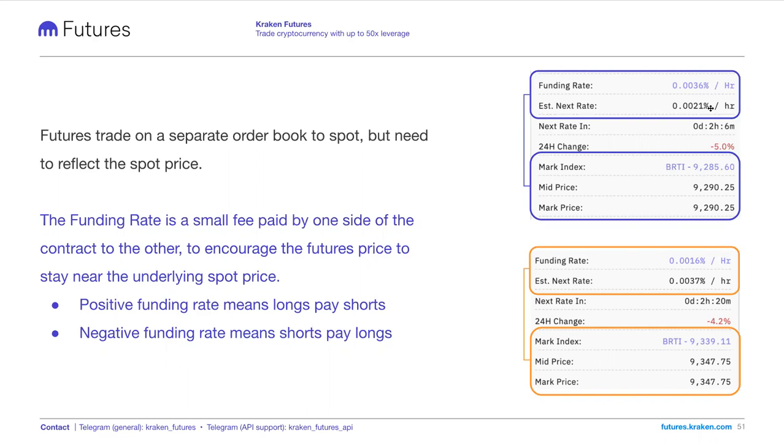So the funding rate in this period, or this is calculating for the next period. The funding rate in the next period is expected to be a little bit positive, but that's a very, very small amount. It's 0.0021% per hour. Likewise here, you'll see that the mark price is slightly above the mark index price, and it's about $9 above, or $8 above in this case. And that's why you'll see the estimated funding rate is, again, a very, very small amount, but slightly higher than the estimated funding rate in the next period.